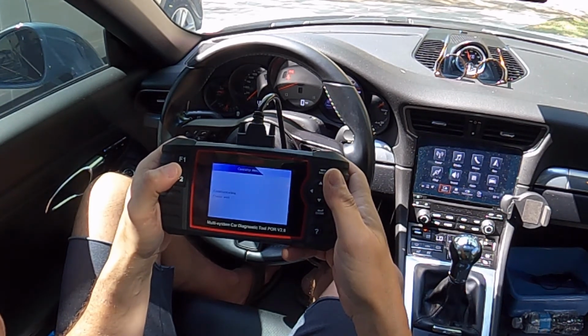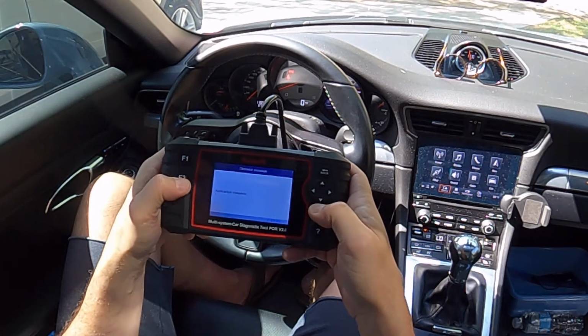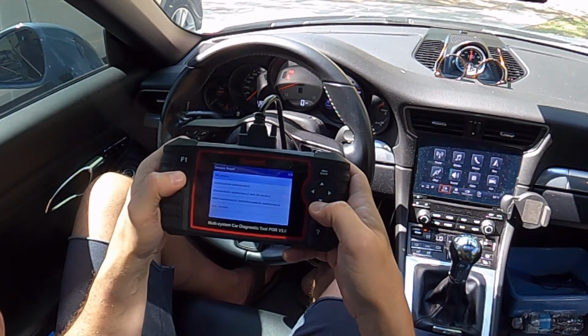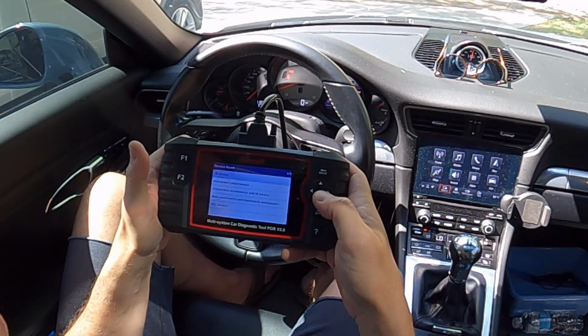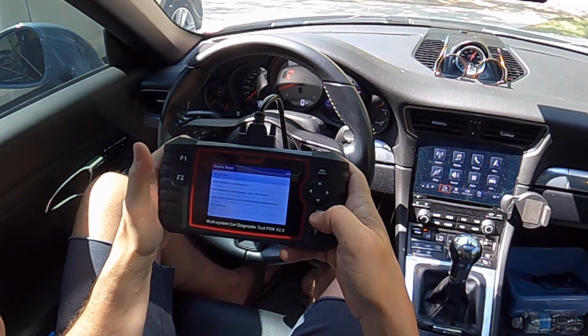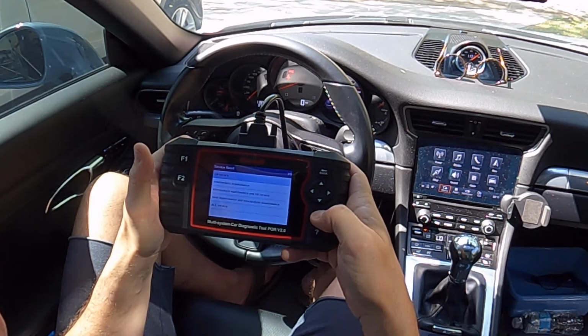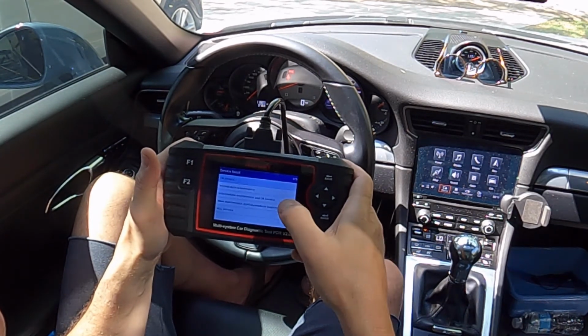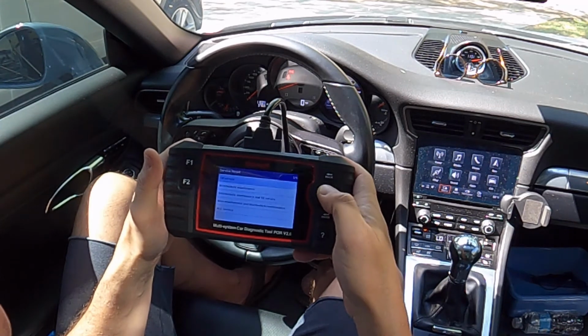Communicating, please wait. Application complete, F2 OK. And I guess that completes the oil service reset. So I'm not sure, I'll have to look to see what all these other things are, but anyway, so that's